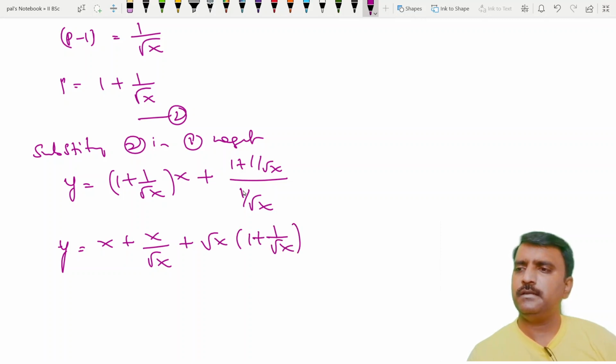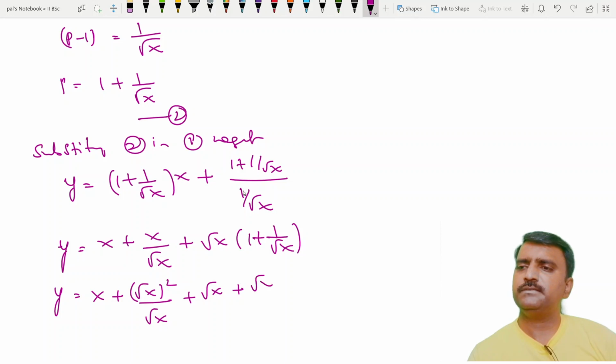So that is y is equal to x plus, you see this can be written as root x whole square divided by root x, plus root x into 1 by root x plus root x by root x. This root x by root x cancels, and one of this root x cancels here, remaining is one more root x here. So y is equal to x plus root x plus root x, which is 2 root x,